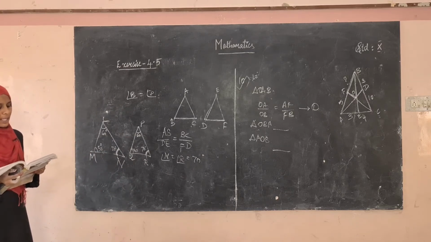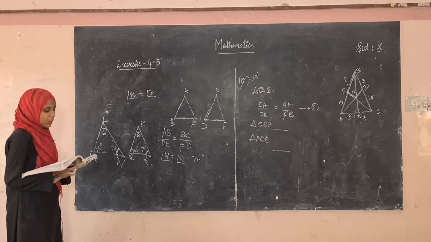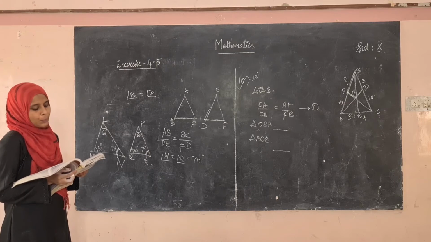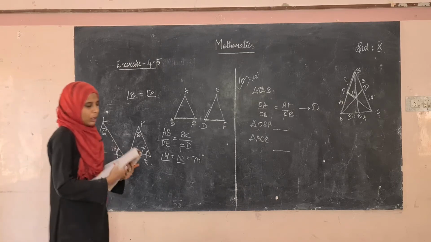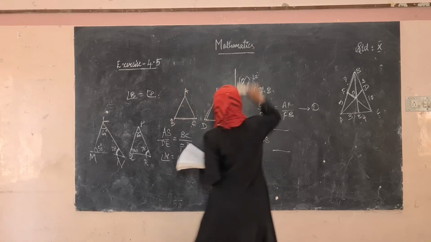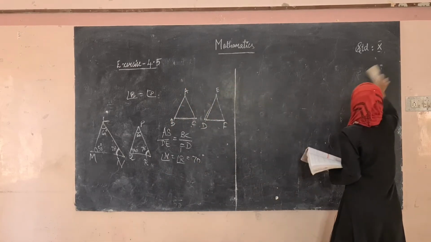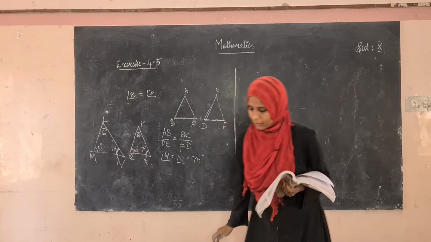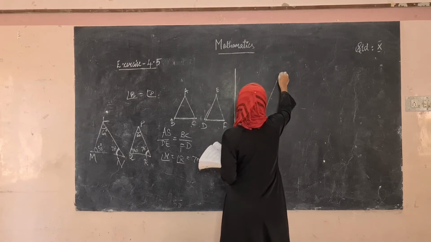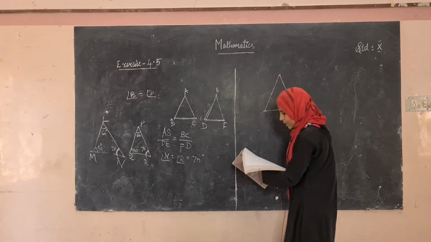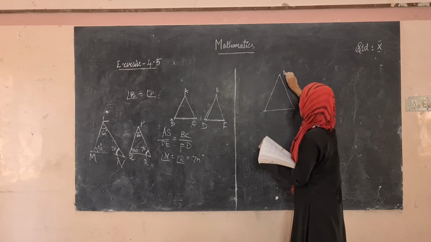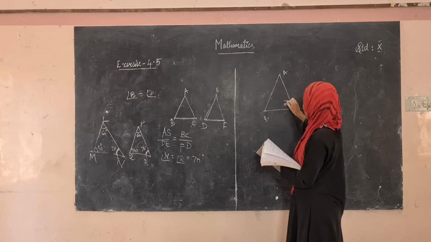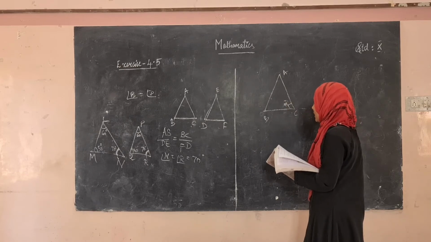In triangle ABC, if triangle ABC is an isosceles triangle with angle 90 degree and AC is equal to 5 centimeter, then AB is dash. Okay. So in your question they have given that the given triangle is an isosceles triangle. ABC is an isosceles triangle and this is making an angle 90 degree.